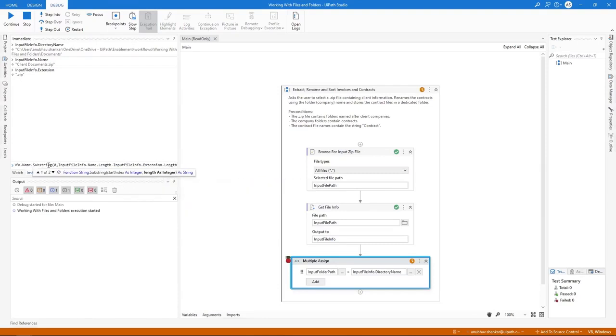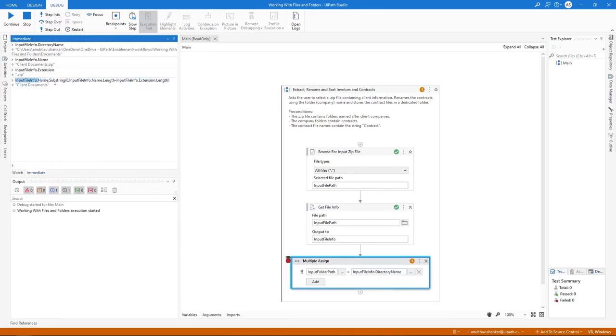So how do we write that? Input file info dot name dot length minus input file info dot extension dot length. The result? As expected, the file name without the extension, client documents. We'll copy the expression as we'll use it for the extracted folder path. And now we can stop debugging